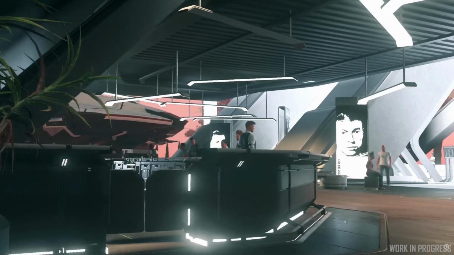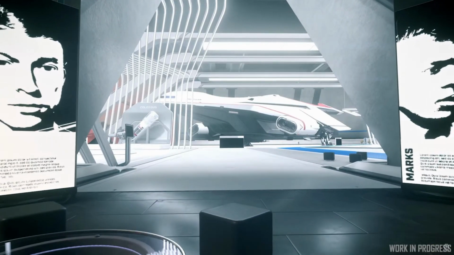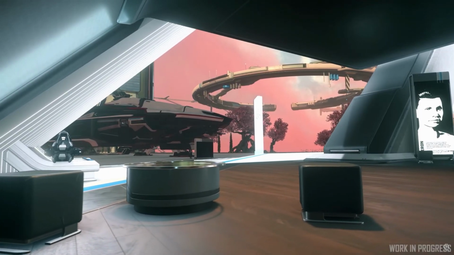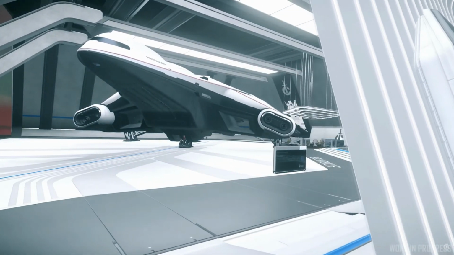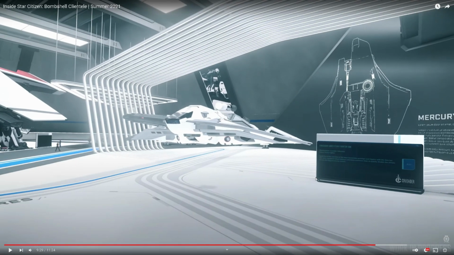Including the new Crusader Showroom on Orison. Crown jewel showcase of the entire Crusader ship line, it's your one-stop shop for the best-looking spacecraft in the galaxy, where you can pick up the Mercury and Hercules right away, the Ares when it comes online later in Alpha 3.15, and then...